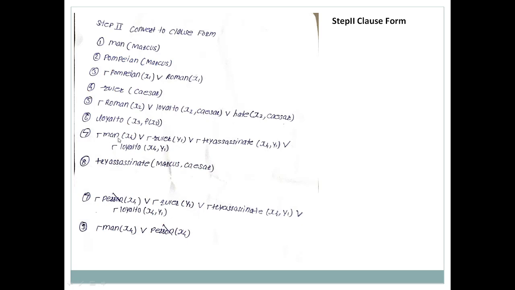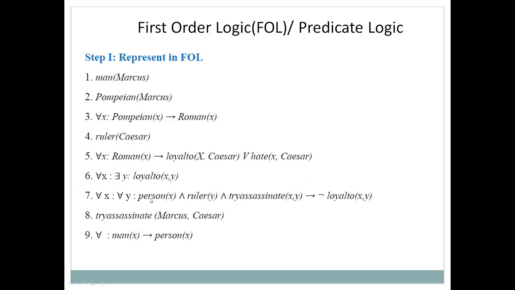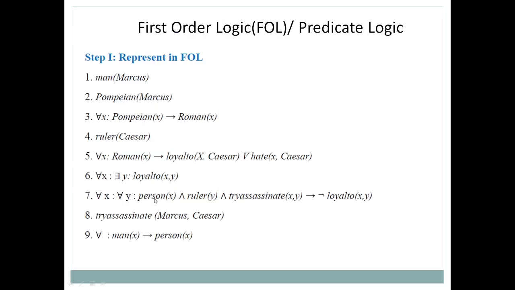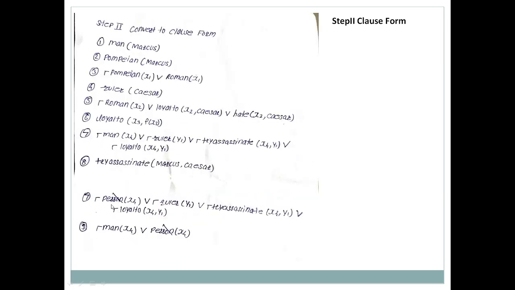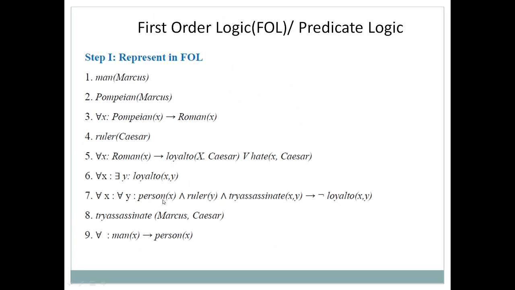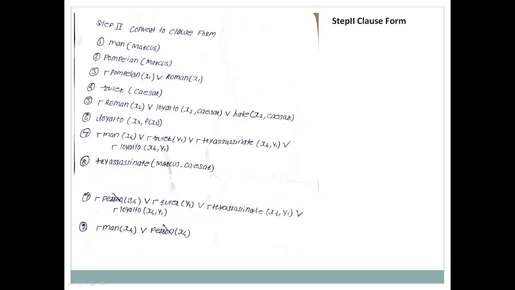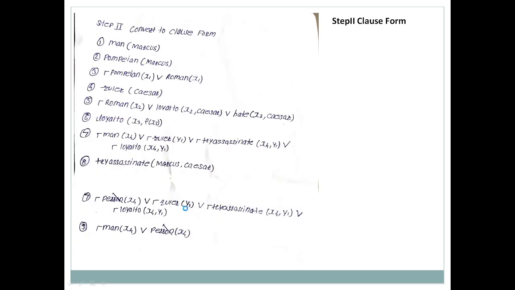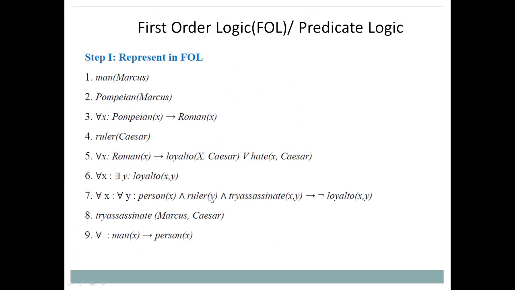So see here, negation of man of x4, negation is applied. Here person is there, and how we have written man, because you just see over here, actually cancellation of term is also there. So instead of referring to this, you just refer to this: negation of person of x4 or ruler of y1. See here, we have not replaced this y in terms of x.